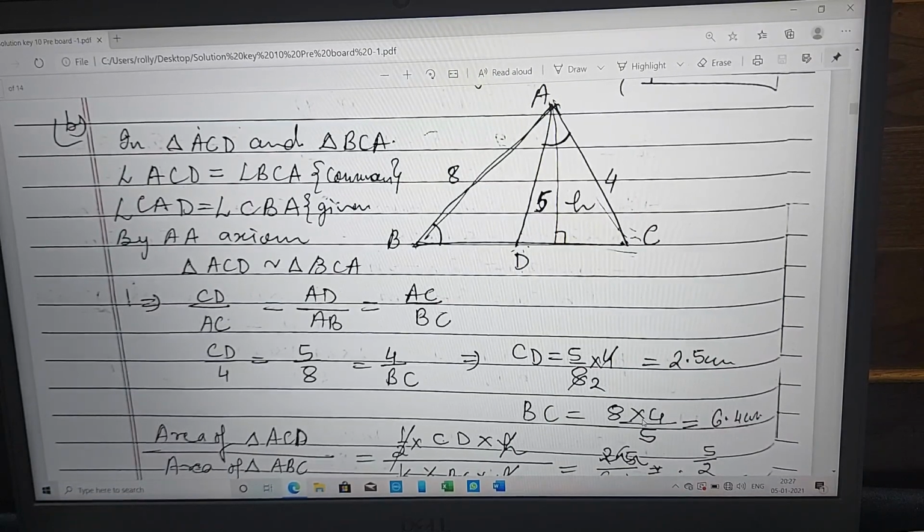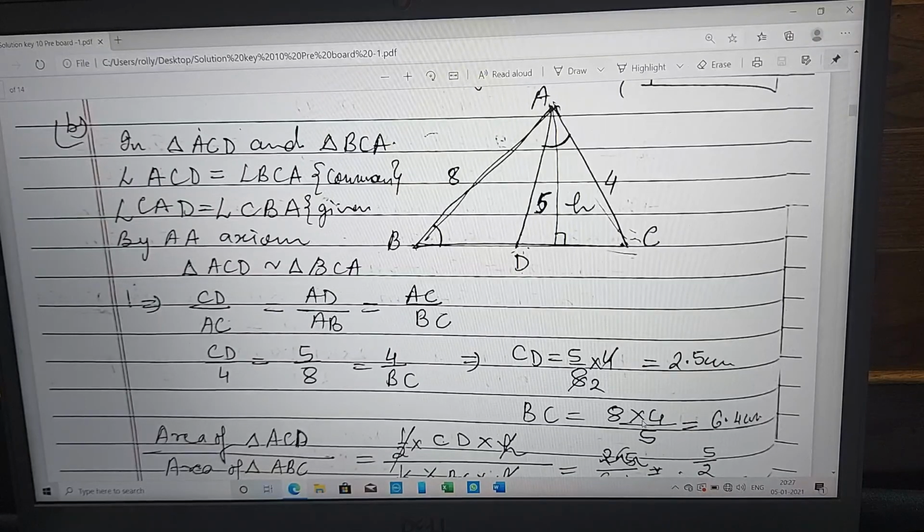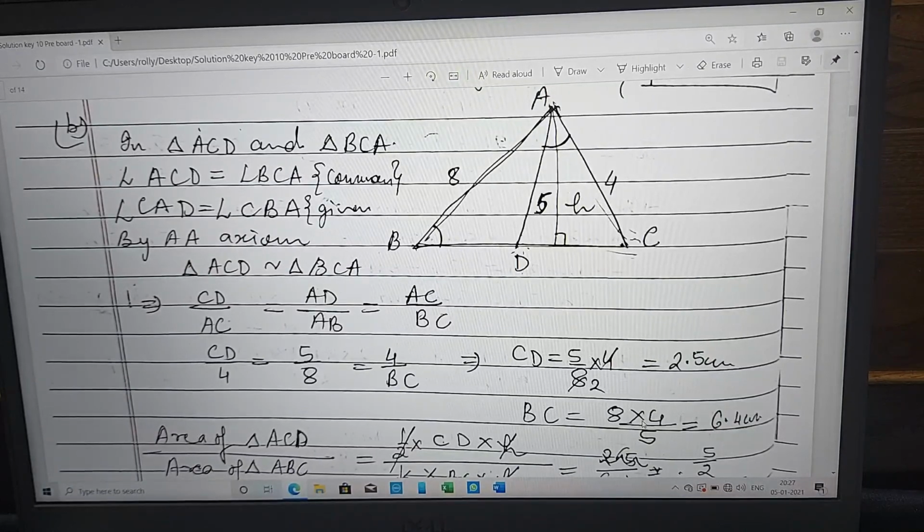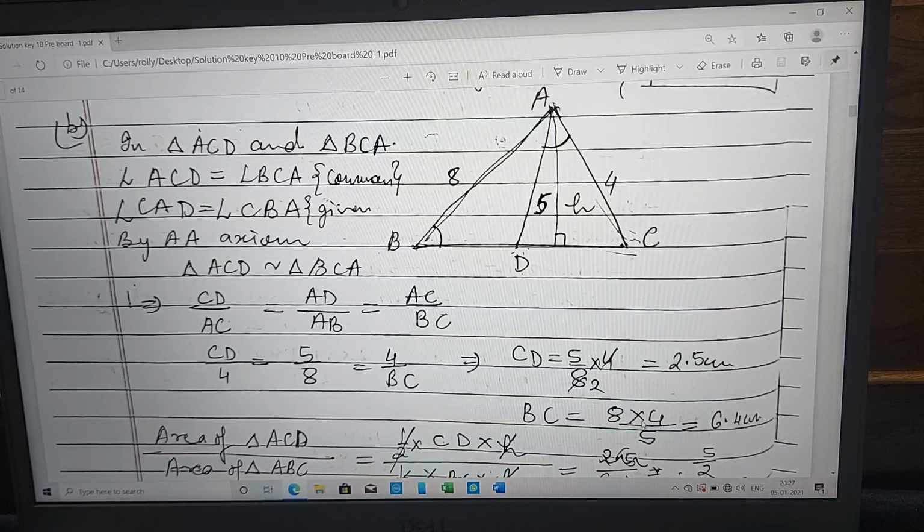It is a similarity based question. So first of all, you are supposed to show that triangle ACD and triangle BCA are similar to each other. Mostly children have written single lettered angles, though you are supposed to always take 3 lettered angles to show that these angles are equal, and by AA axiom triangles are similar. So if you have written angle C is equal to angle C, you are supposed to write angle ACD is equal to angle BCA, because angle C and angle C does not work out. Clear? So you have to write the complete 3 lettered name of the angle.